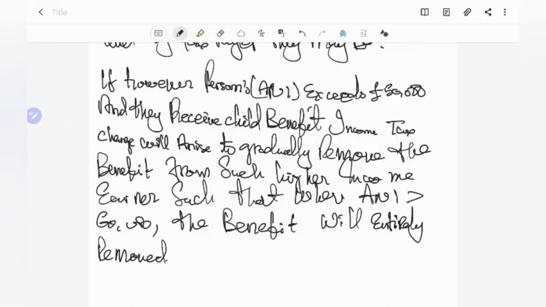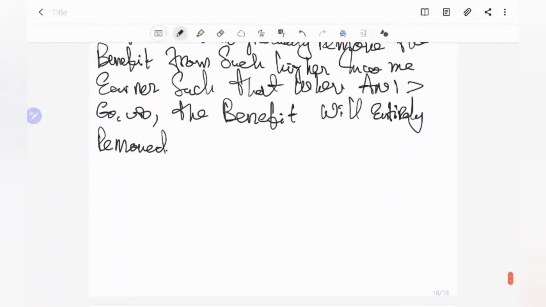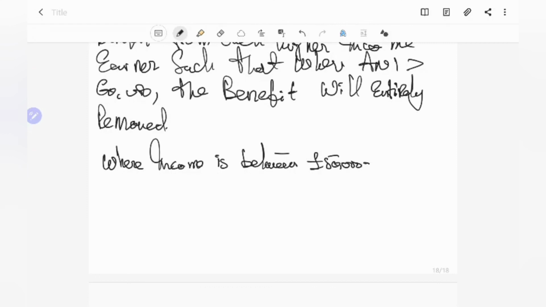Okay, so where income is between 50,000 to 60,000 pounds,